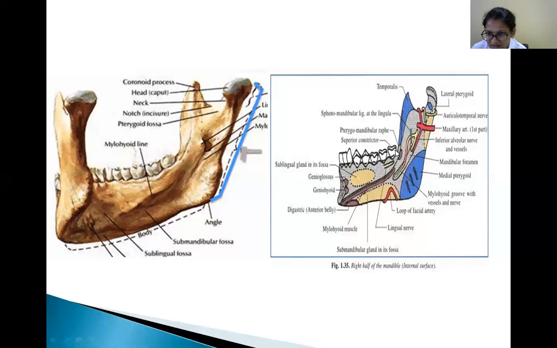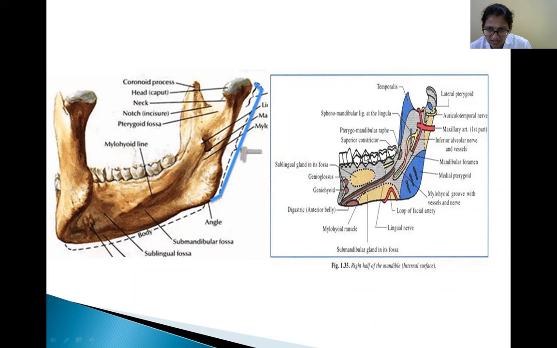In between the third molar teeth and the superior constrictor muscle of the pharynx, you are going to see one fascia, that is nothing but the pterygomandibular ligament. It is the pterygomandibular raphe. This raphe is a thickening of the buccopharyngeal fascia. It is present behind the third molar teeth, in between the buccinator and the superior constrictor muscle.